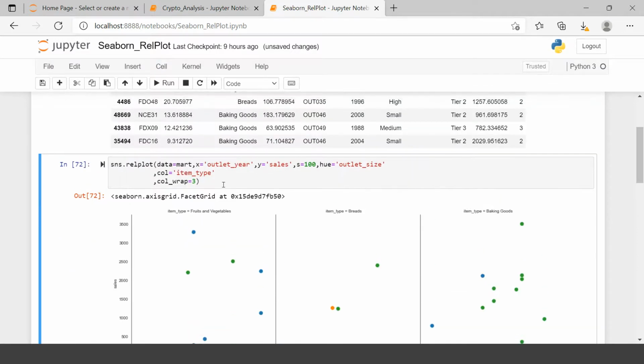All right, now let's move forward. In the previous example, you have seen how to use row and column. So in row, you can use a different item.